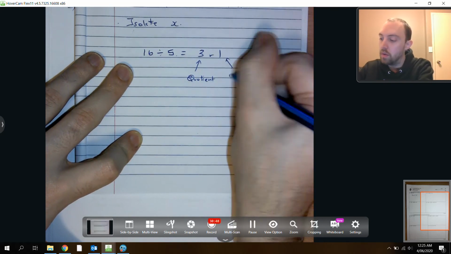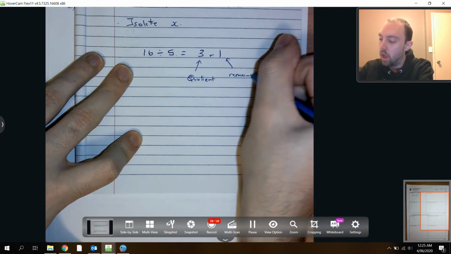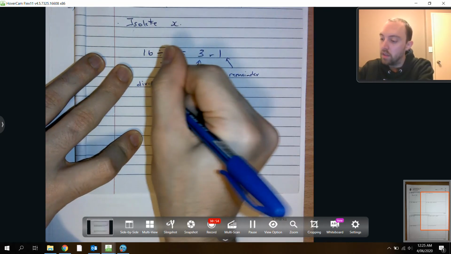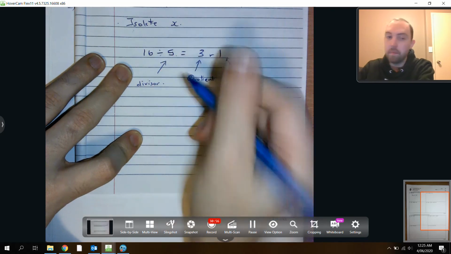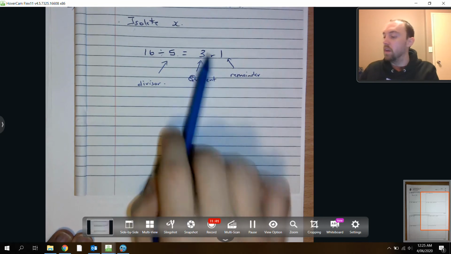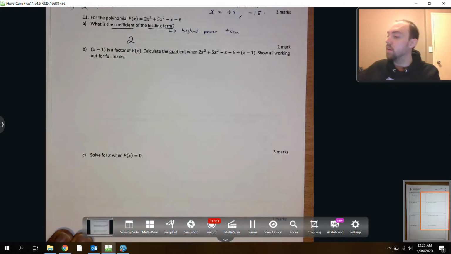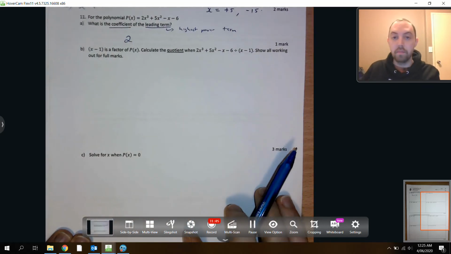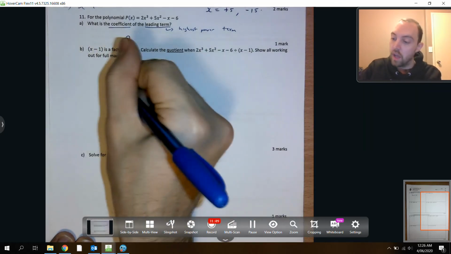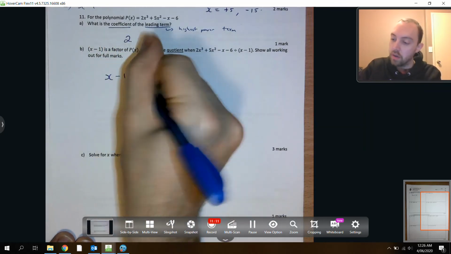This is the remainder. And another word for that is the divisor. We're trying to find what's left once we've done the division. So we need to go back to our long division, and I'm doing x take 1